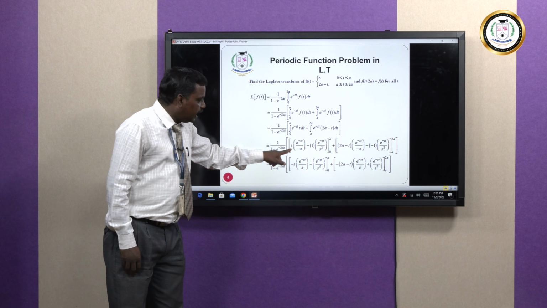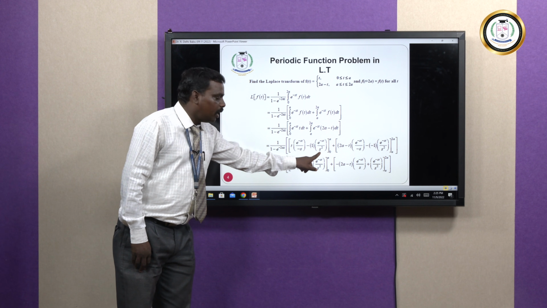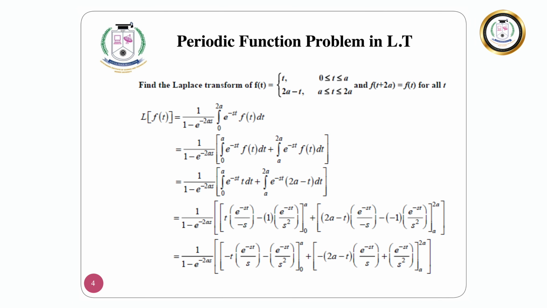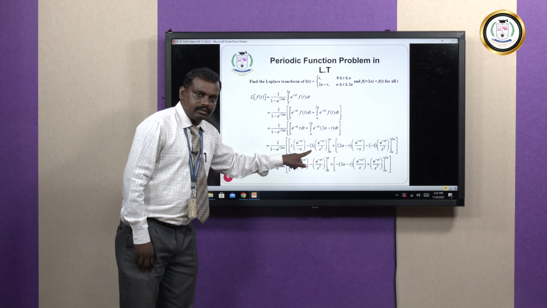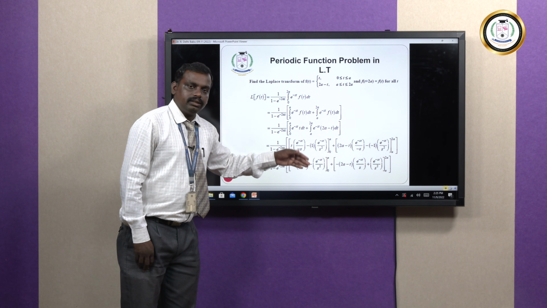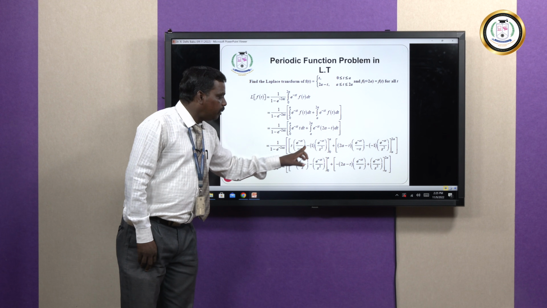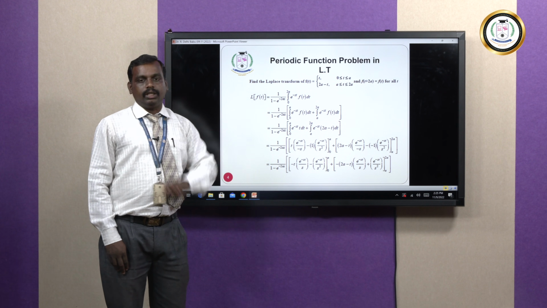Already I have minus s, so minus s into minus s is s square. So uv minus u dash v1 plus u double dash v2, that is your Bernoulli formula. U double dash means differentiate this 1 again. What's the differentiation of 1? It will be 0. So hence only the uv minus u dash v1 term exists. From u double dash onwards it will be 0.